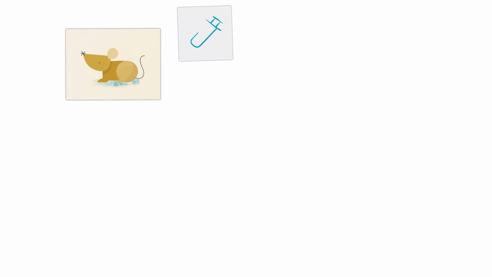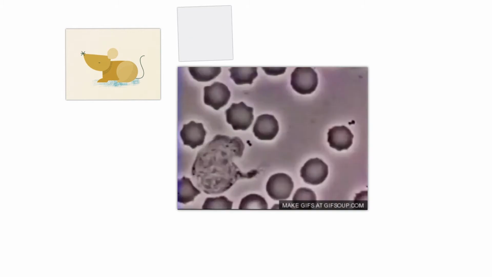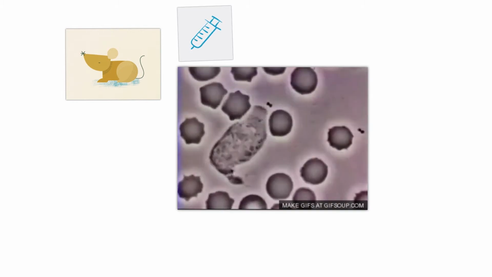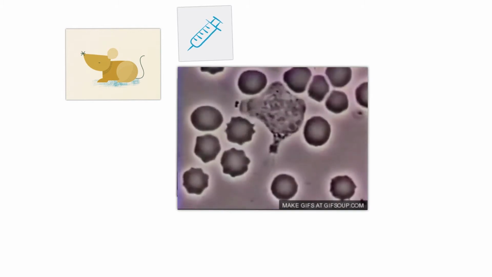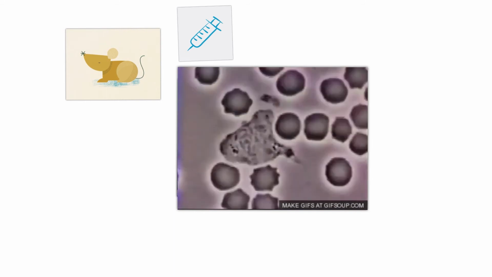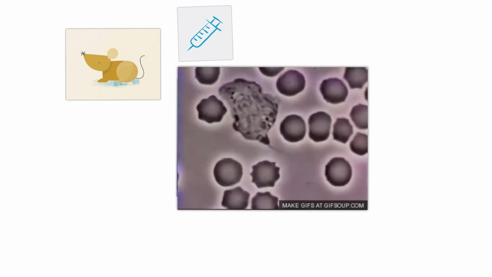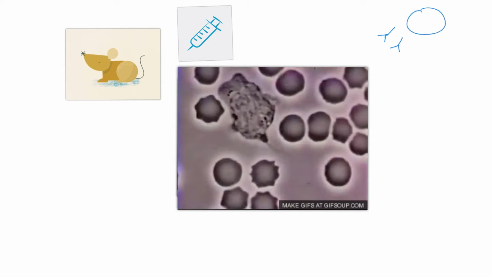This is foreign to the mouse's immune system, so the mouse will have a normal immune response. It will have its phagocytes engulf and digest this hormone, and it will present the hormone on the surface of its cells, and then plasma B cells will be produced, and they will produce the correct shaped antibodies. Now, in the mouse's spleen, there are going to be really high numbers of these plasma B cells, so we